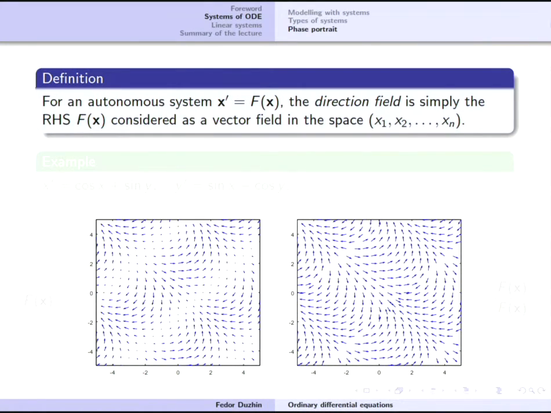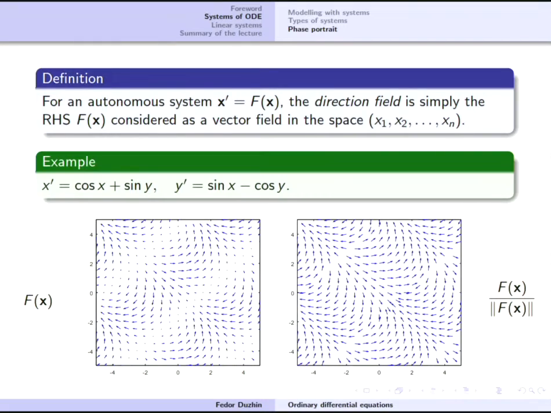Now let's talk a little bit about direction fields and phase portraits. The direction field is simply the right-hand side of the differential equation. For example, here x prime is cosine x plus sine y, and y prime equals sine x minus cosine y. So it means that for every